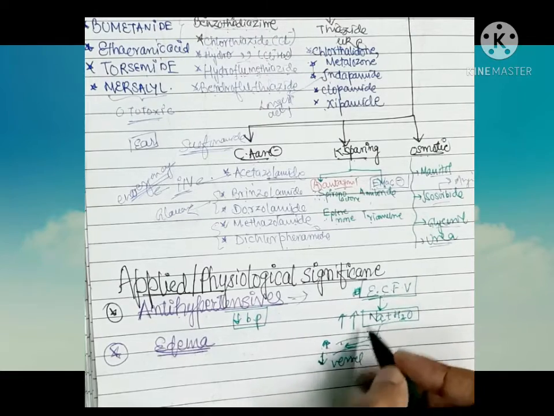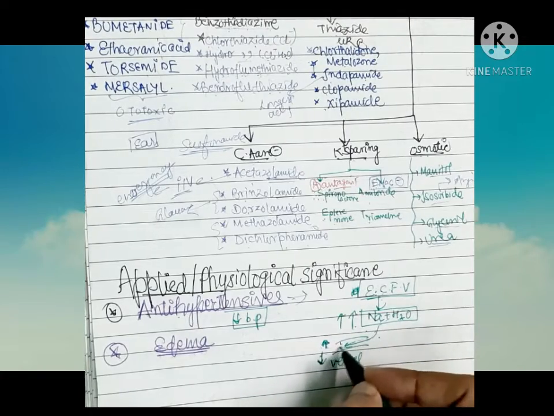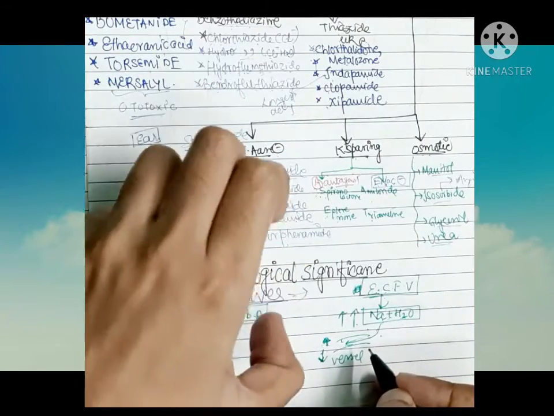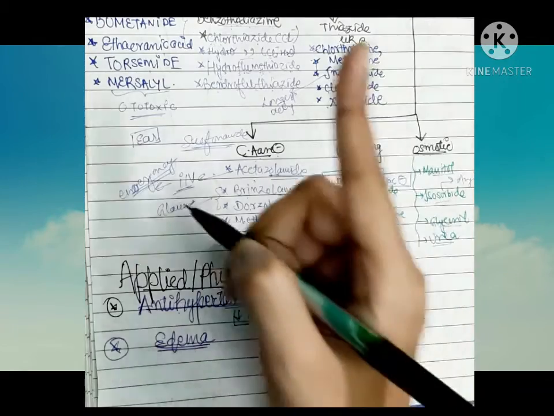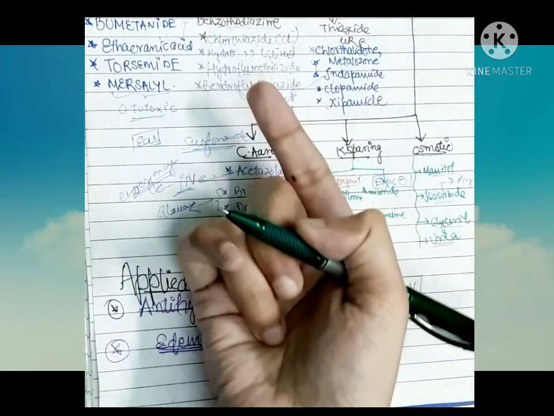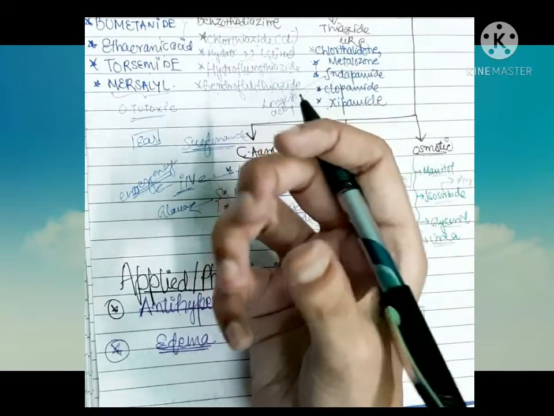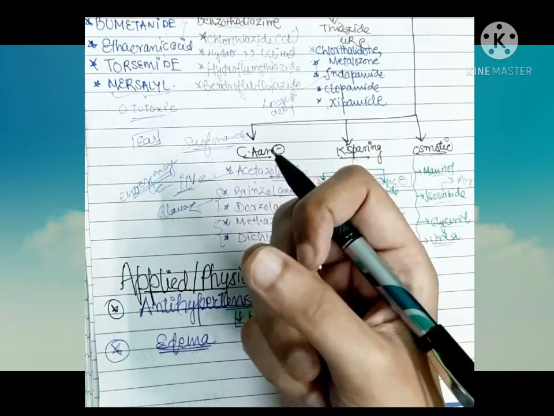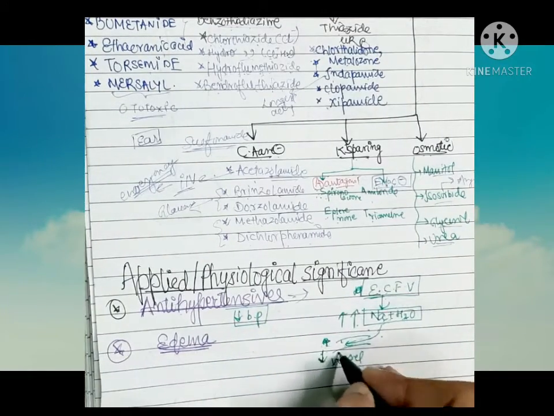This will be more if the extracellular fluid volume is more, then sodium and water will be more, and when it goes inside the vessel, it will exert more pressure, which gives rise to more BP. If it is occurring during systole, then it is called systolic blood pressure. If it is occurring during diastole, it is called diastolic blood pressure. What is systole? In one way, systole means contraction of the heart, diastole means filling or relaxing of the heart. So this is the normal BP.